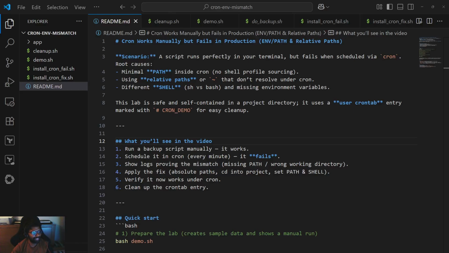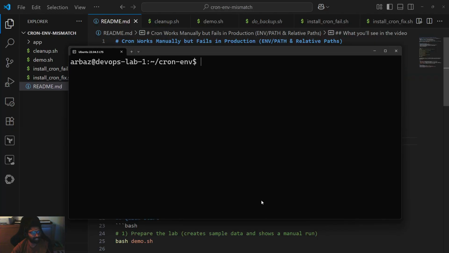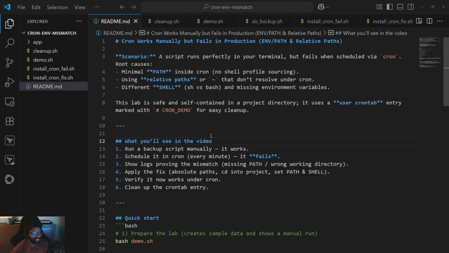Alright, tell me if this has ever happened to you. You write a simple script, test it in your terminal, everything works perfectly fine, then you add it to cron and suddenly nothing happens. No backups, no logs, no errors, just silence. Today, I am going to recreate the exact scenario, show you why cron fails so often, and the simple fix